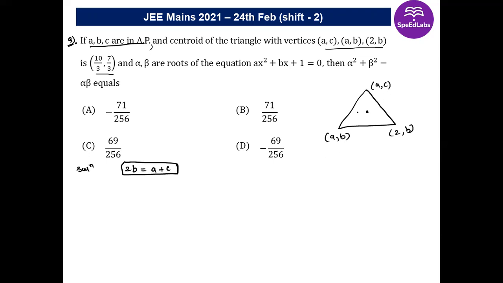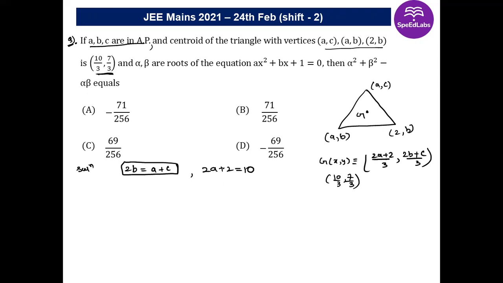So if we find the coordinates of the centroid G here, (x, y), that will be ((a + 2 + 2)/3, (y1 + y2 + y3)/3), that will be (2b + c)/3. Okay, and this is already given to you as 10/3 and 7/3, right? So if you equate it simply over here, the 3 and 3 will be gone, so we're getting two equations, that is 2a + 2 equals 10, right?